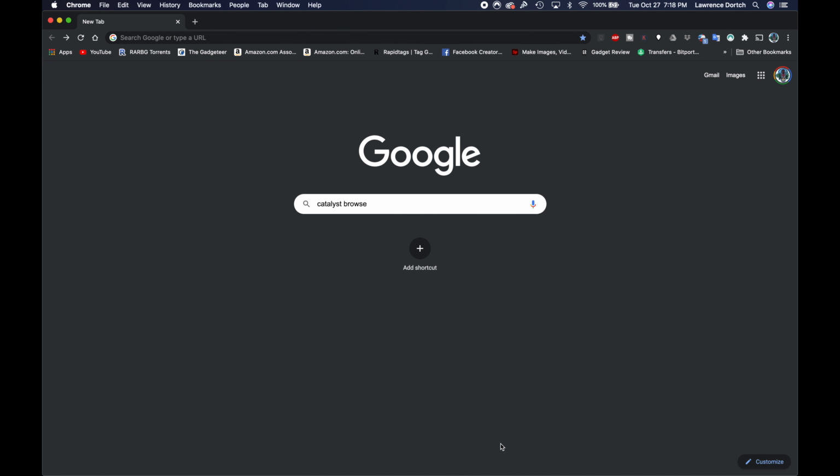Okay, so here we are on my computer, and the first thing we need to do is go get the software. So we're going to go ahead and grab it. It is a piece of software from Sony called Catalyst Browse. You may have heard of it, but if not,